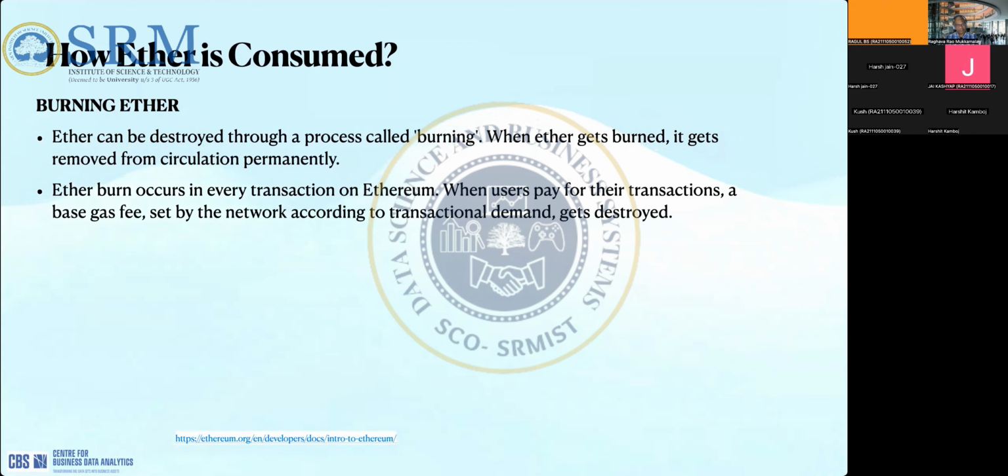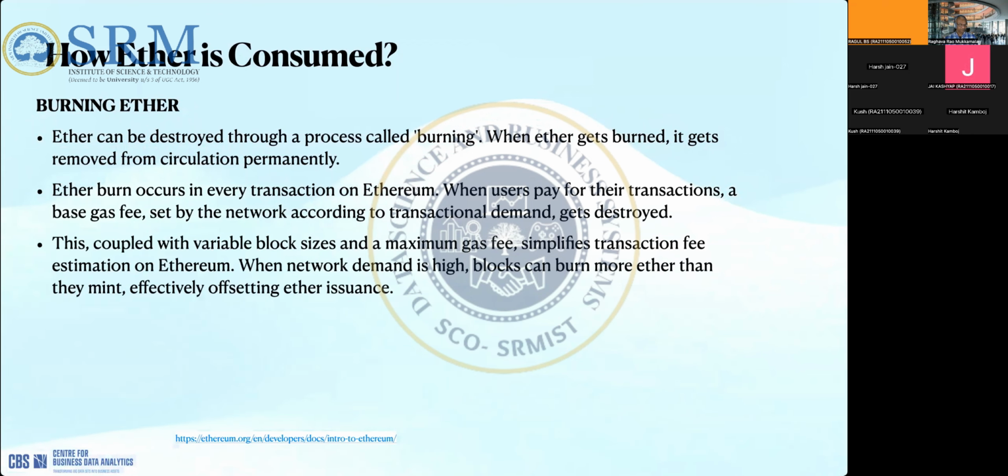And remember, we discussed two types of fees. We have the base fee, which is decided based on how big the blocks were in the last few blocks and things like that. And we have the priority fee, which is a tip you give to the miner.